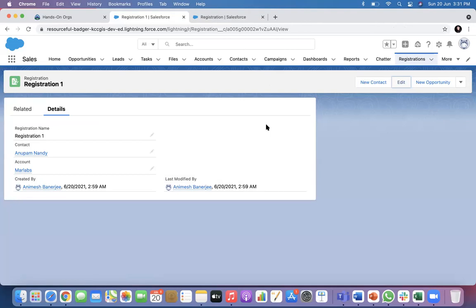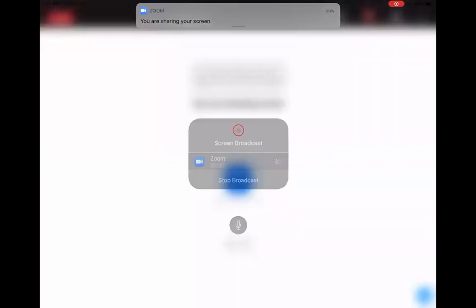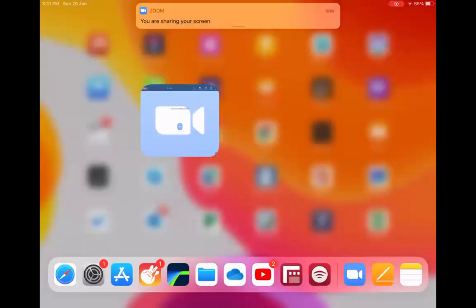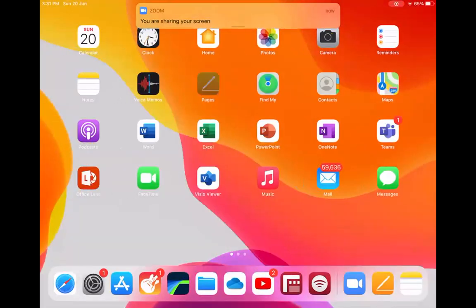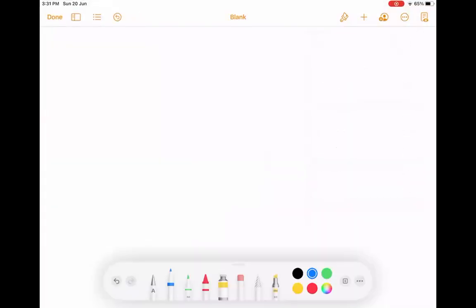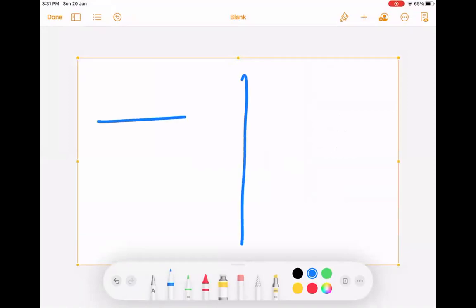So now I will jump to my whiteboard once again. There are two kinds of relationship fields, lookup and master detail.